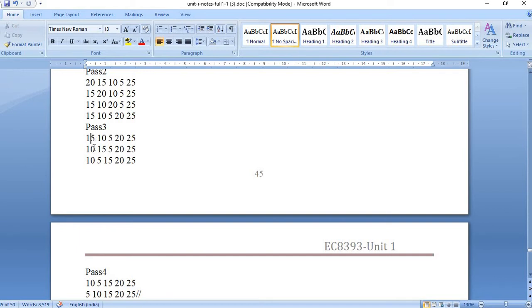So now compare this 15 with 10. So 10 and 15 நம்ம வந்து swap பண்ணிட்டோம். Again compare 15 and 5. 15 and 5 ல 5 is the smallest element, so 5 and 15 are swapped. Now compare 15 with 20. Already it is in sorted order, so stop it here and take the final result from pass 3 and do